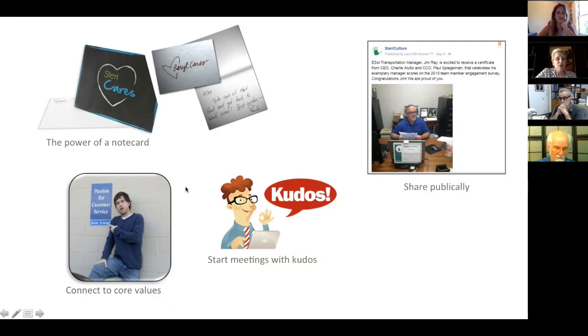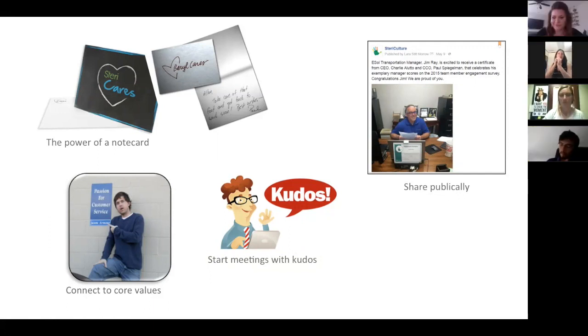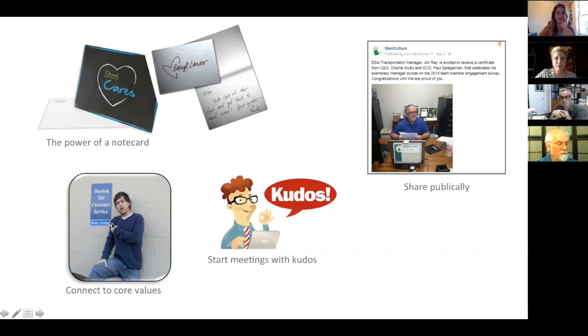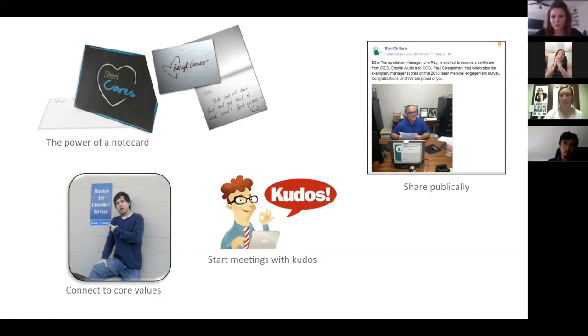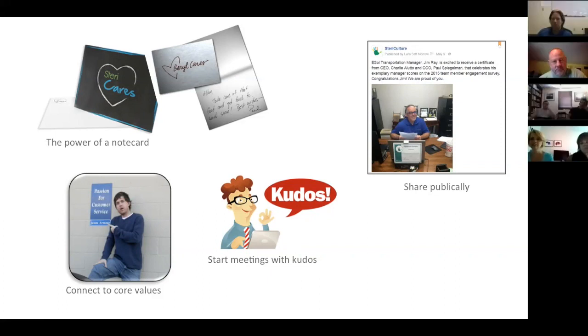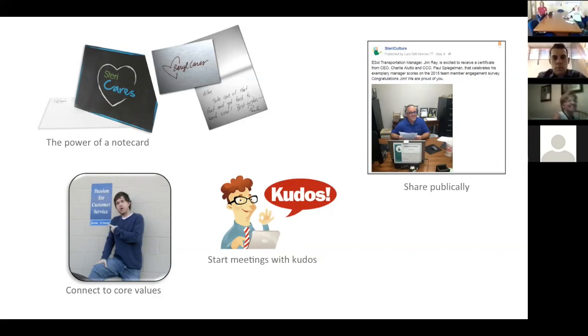We have over here in the bottom left-hand corner, every single month, we give away a parking lot spot that is labeled for each core value. So this is a parking lot spot for passion for customer service. And Jason got this spot for the month. So if he did something phenomenal in the area of passion for customer service, then he gets to park here every single day for a month. And it's right by the front door, and it's super convenient. So we had 6 of them.